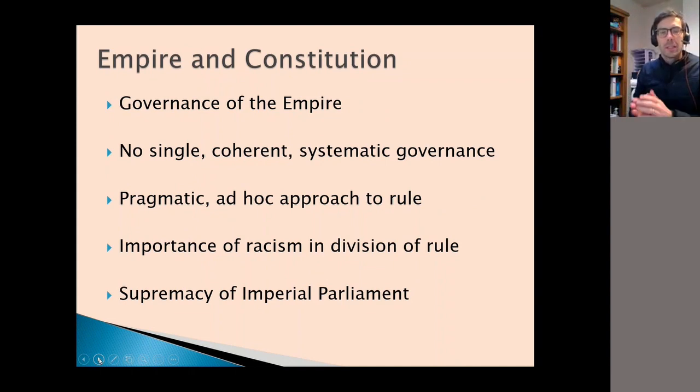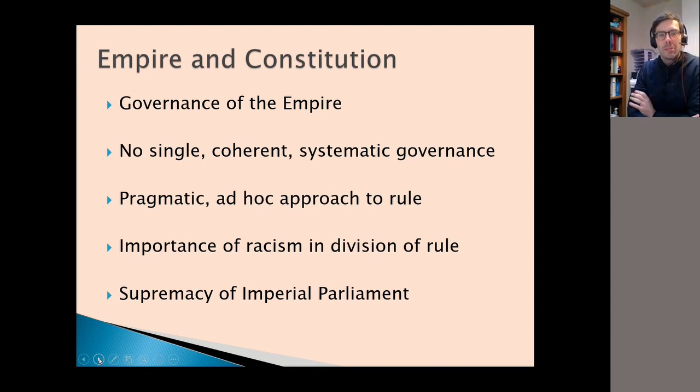So the way it approaches looking at the history of empire is to ask to what extent and how it has helped shape the current Constitution. Things have changed, and we elsewhere disavow this continuity myth that Tom was mentioning earlier, but at the same time say the imperial period was significant for shaping how we understand the Constitution in a continuing way today. So we look at how the empire was governed, a pragmatic, ad hoc approach